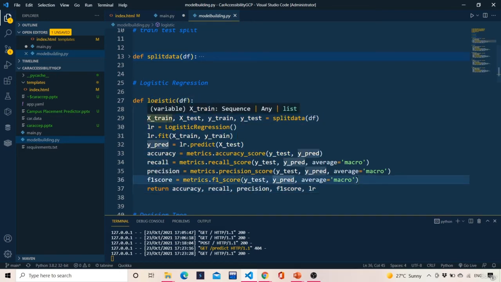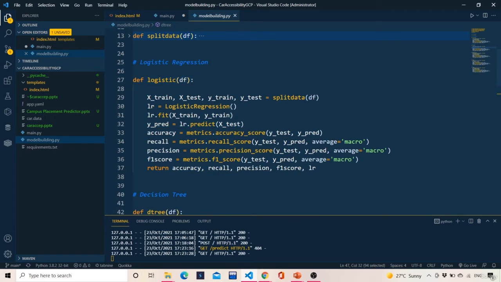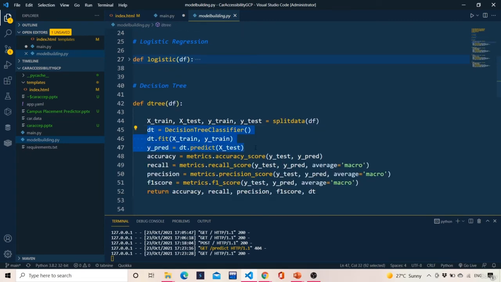Similar to this, you just need to change this line and this line. That's it. These three lines you need to change, and then everything is the same. So def decision tree, xtrain, ytrain, xtest, ytest is done. Decision tree classifier has been imported. You are fitting the training data, then predicting for the validation data, and then calculating the metrics. As simple as that. You just observe the line numbers 45, 46, 47 were just changed in comparison to line numbers 30, 31 and 32. Rest all lines were same.